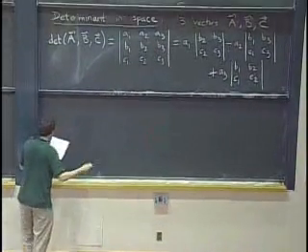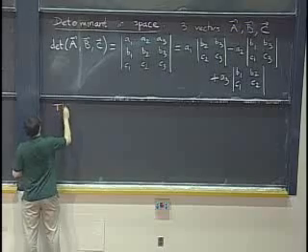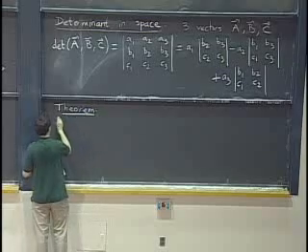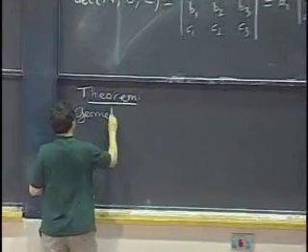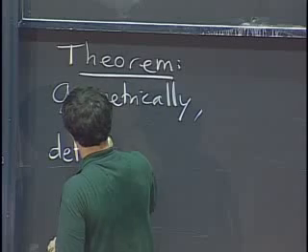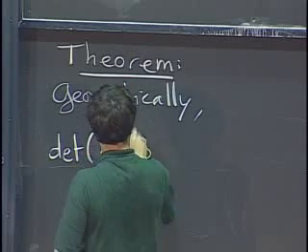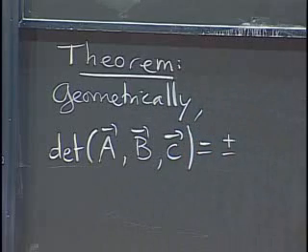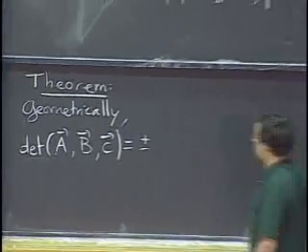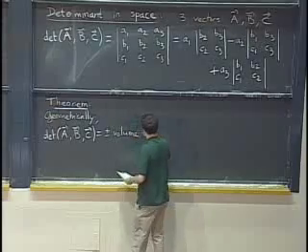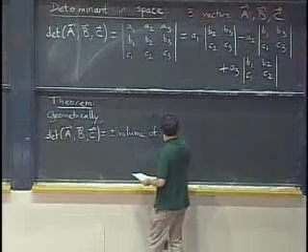So why do we care about this formula? It's because of a theorem that says that geometrically, the determinant of the three vectors A, B, C is, again, plus or minus. This determinant could be positive or negative. See, there's minuses and there's all sorts of stuff. Plus or minus the volume of the parallelepiped